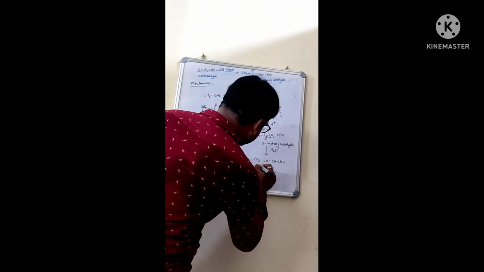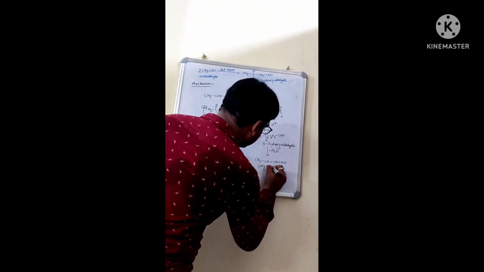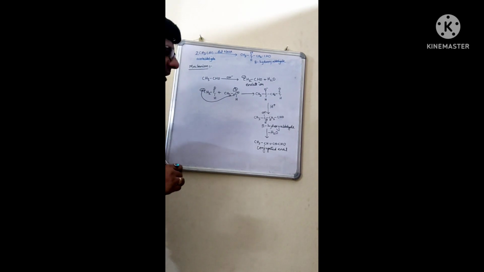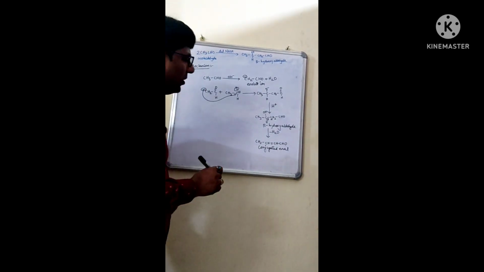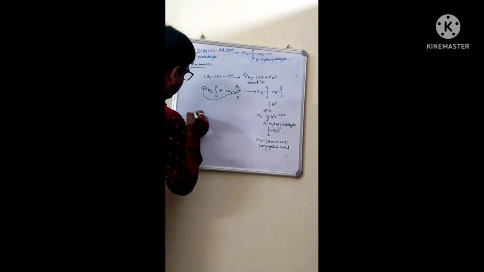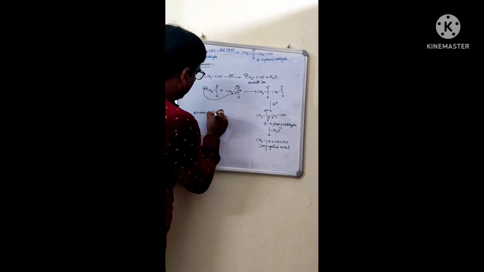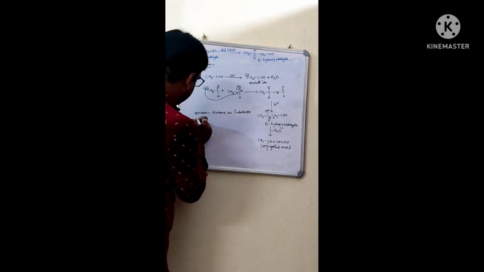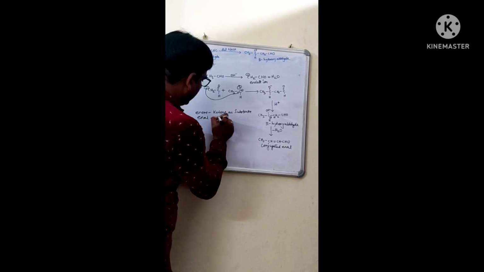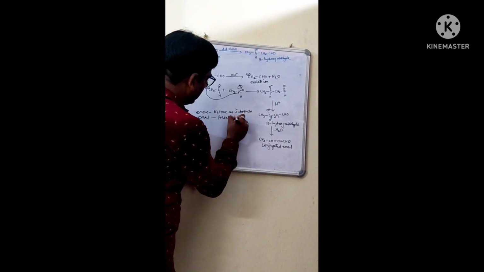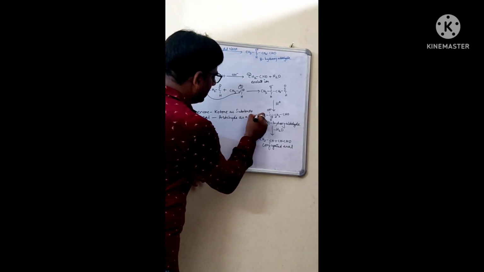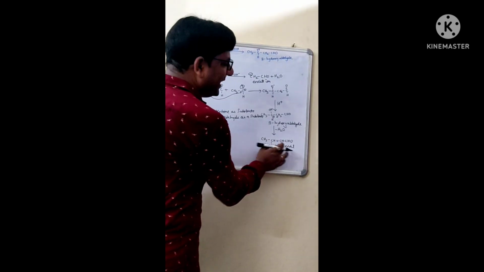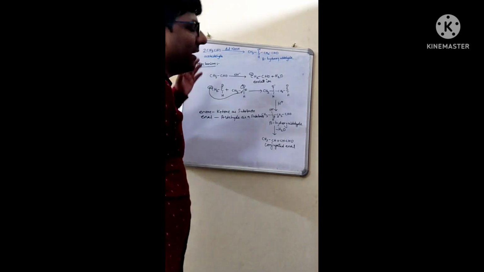Okay, so this is known as what? This is the conjugated enal. I have said you that enal means when you have enone. Enone means when you have ketone as a substrate, and enal means when aldehyde as a substrate, right? So this is what? This is the enal that you have formed. So this is all about the aldol condensation.